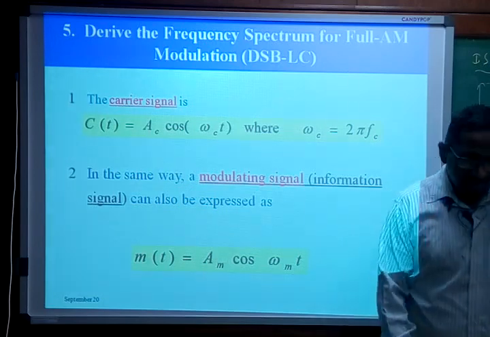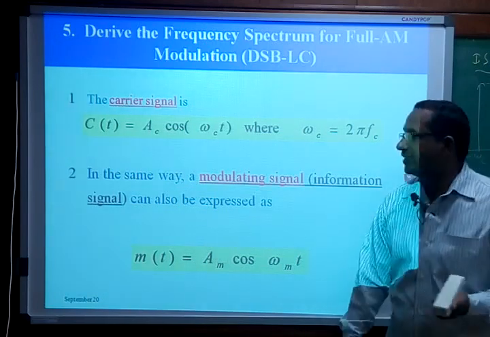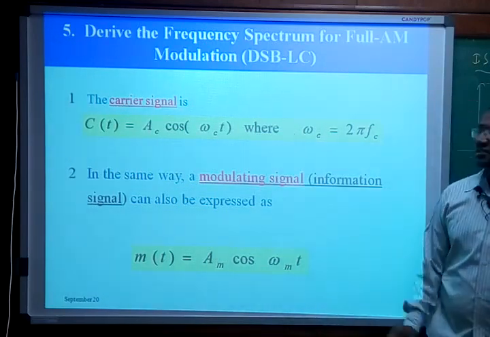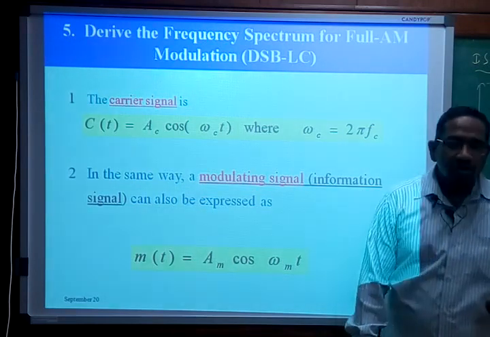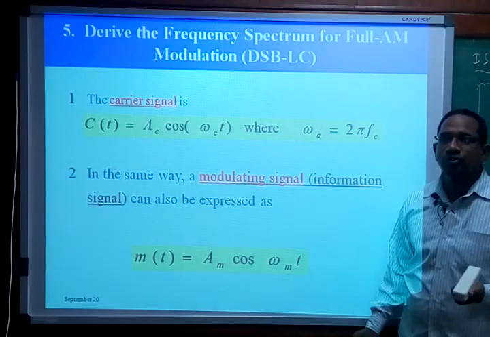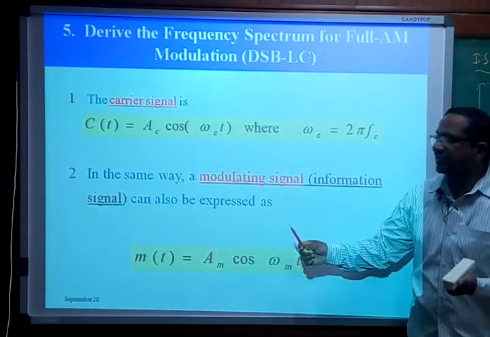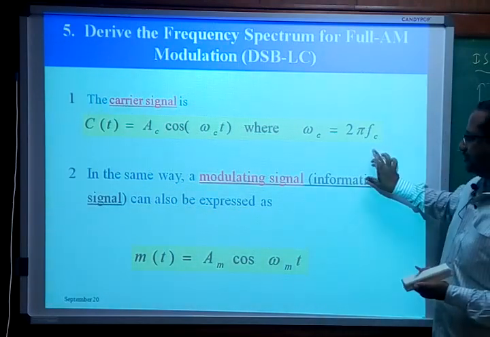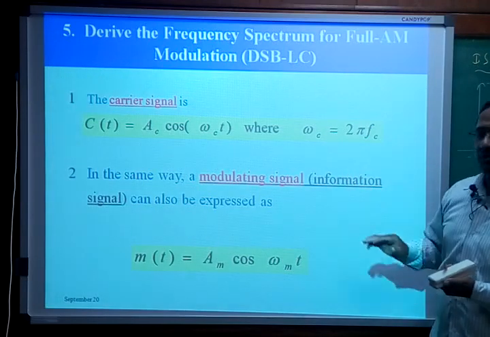Therefore the spectrum is going to look very nice. That is why I am going with a cos, because the simplification with cos is always going to be easy for us. In the exam he doesn't tell us to use only sine or only cos. It is up to us to go ahead. So these two are the signals which we discussed.